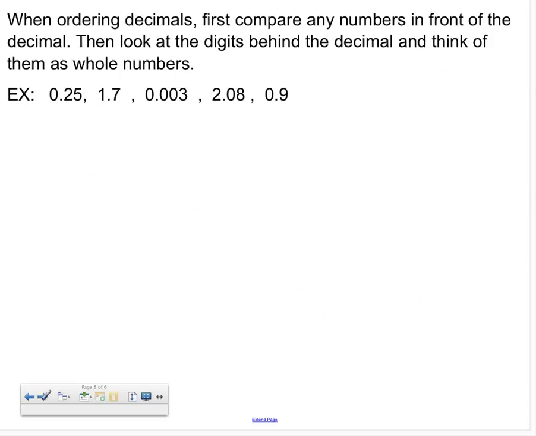So decimals, once you get used to them, you just kind of see which is bigger because you're used to how the numbers look, work, and feel. But until then, there's a little trick you can do. Okay. So if you want to order decimals, the first thing is to compare the numbers in front of the